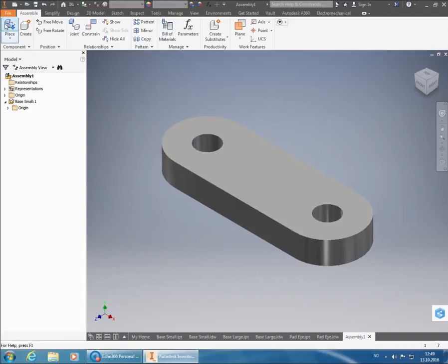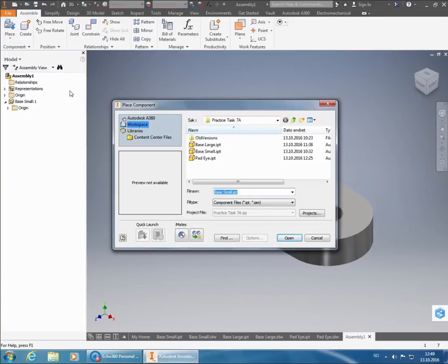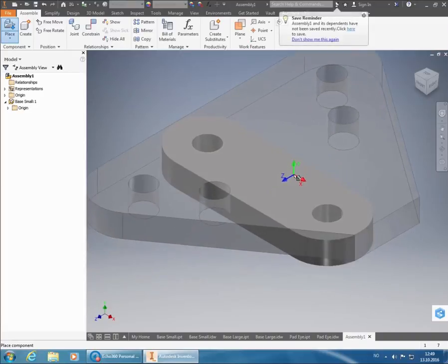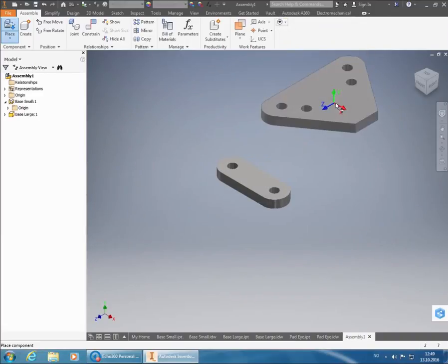So now we need to place, I think we'll do this plate, so the large base first, or secondly. So we do the place function again, and then we choose the base large file. I'm just going to click open. And in this case, it doesn't really matter where I put it, so I'm just going to zoom a little bit out, and I'm going to place it over here. So if I then click escape, or cancel there,